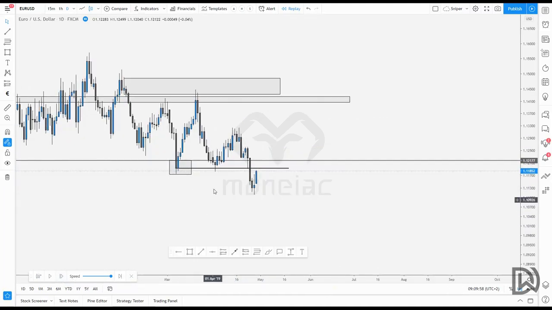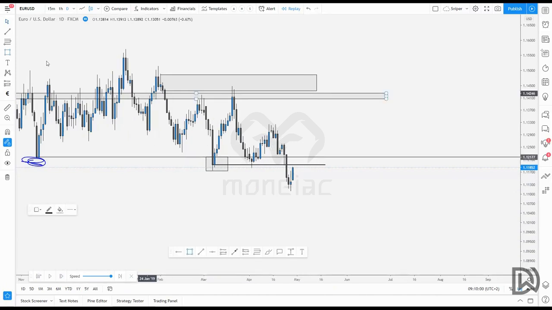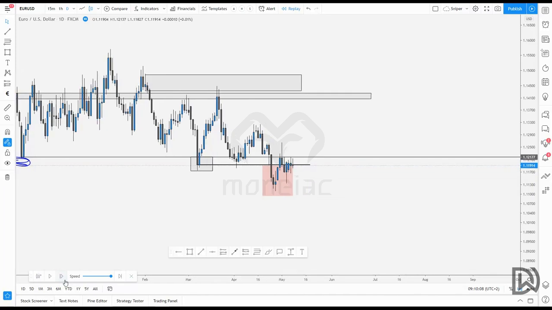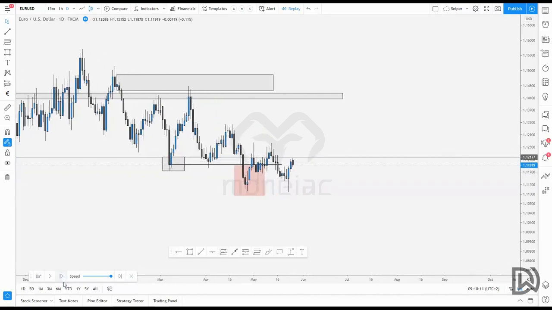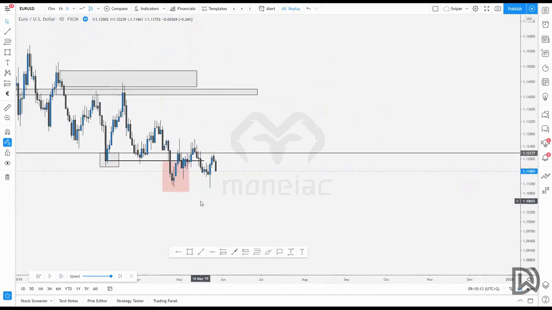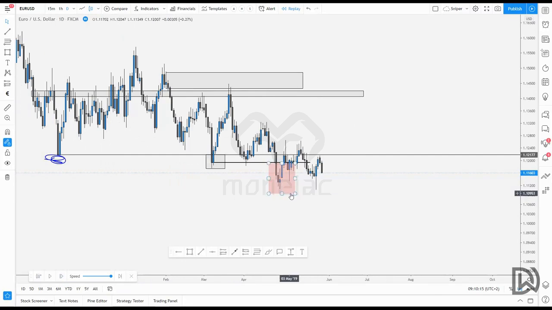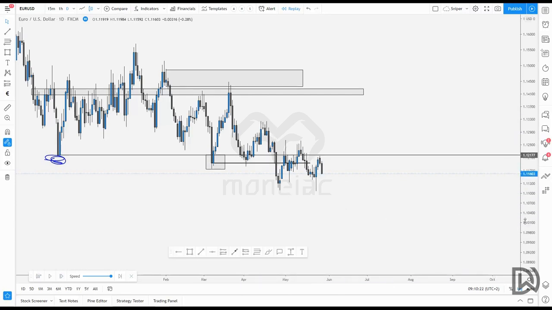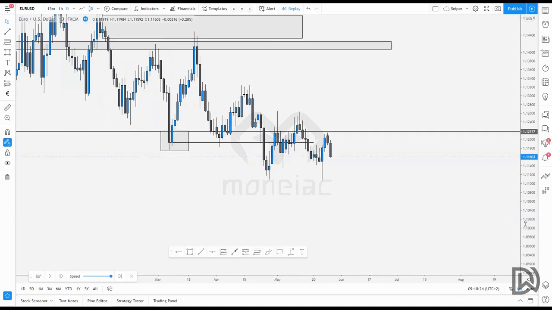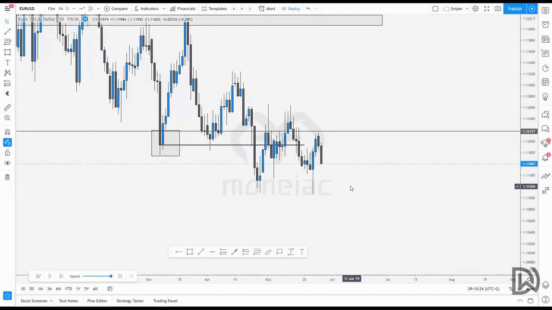Now, could this be a potential fake out? Could this potentially be a manipulation profile, as we've seen earlier in the videos? Could this be this? Let's see. Yes, we had a push to the upside, didn't hold, and then started pushing towards the downside again. So now it's clear to see on the daily that we are making clean lows and clean lower lows and clean higher lows. That is then where we drop, zoom in, and look for order blocks, wick zones, and that's